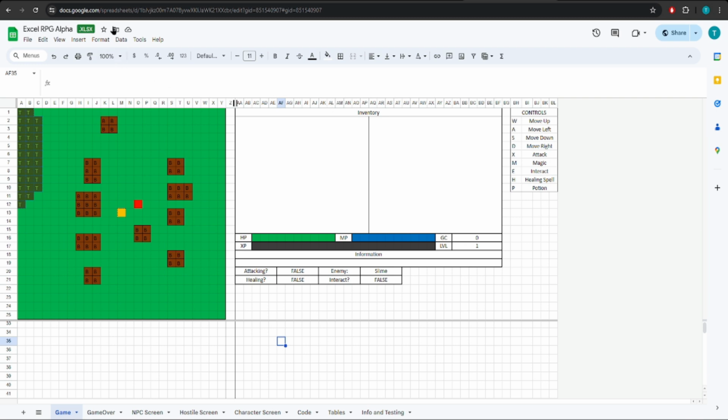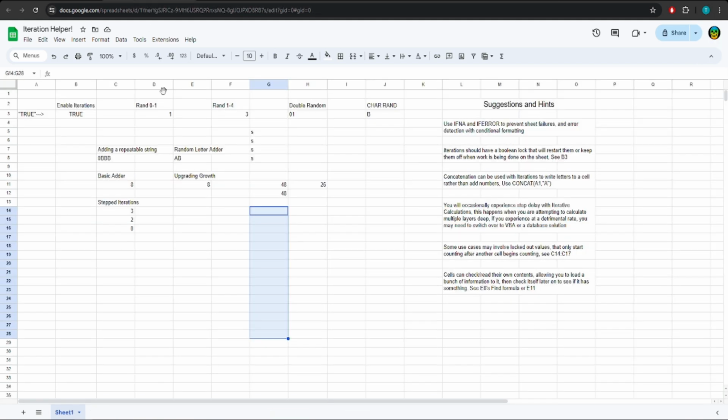I think that's more of a problem with the natural limitation of being a web browser based spreadsheet versus an application spreadsheet, but you will still find use in this. It's just good to keep in mind that you may experience jumps or lags in the work you're doing, especially when you're working in custom generation of data with iterative calculations. Moving forward,